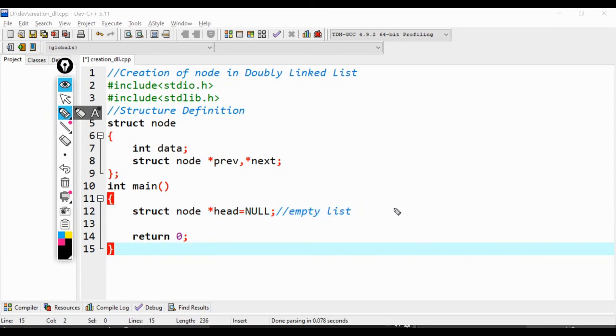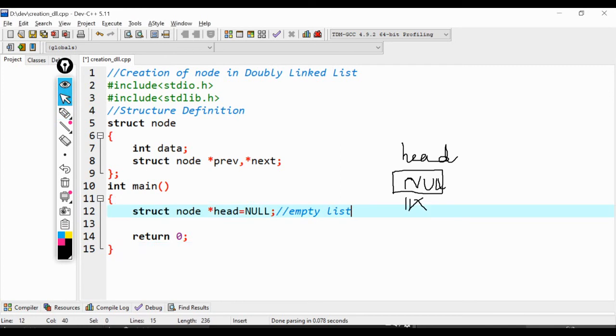After this declaration statement, 4 bytes of memory will be allocated for the variable called head like this. Each memory block will be having its own address, so let us assume some address like this. Initially head is assigned with null, so this would be null initially.